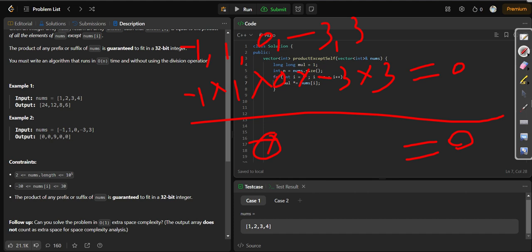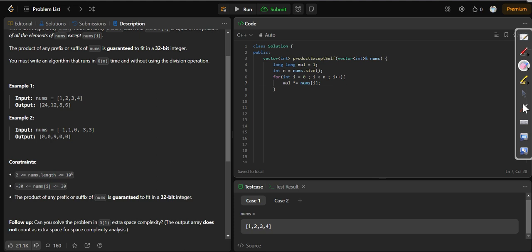So for that we will count the zeros in the array. When we iterate the second for loop, we will observe that if the value is equal to 0 and the count of zeros is equal to 1, it means that it is itself the only zero, so the value will be the product of the other values.